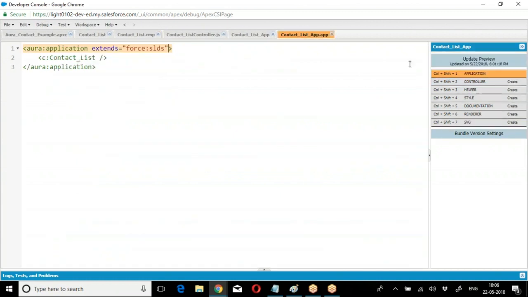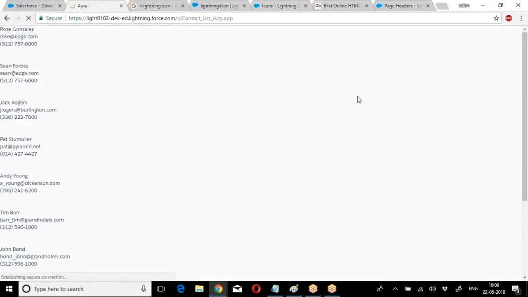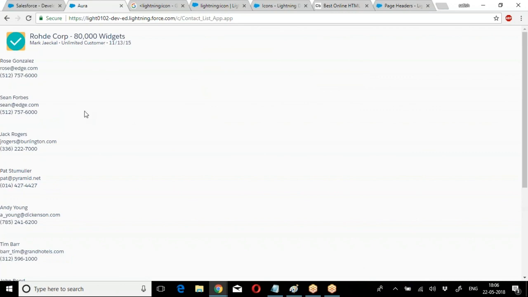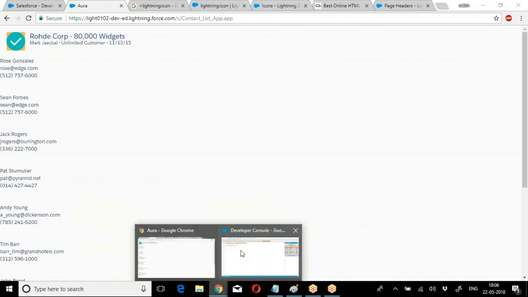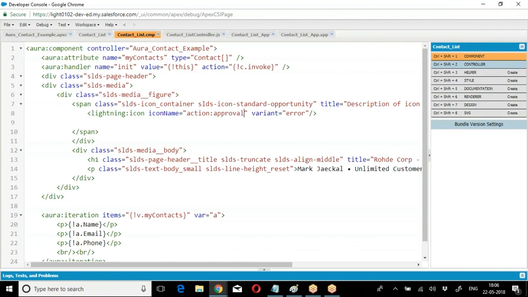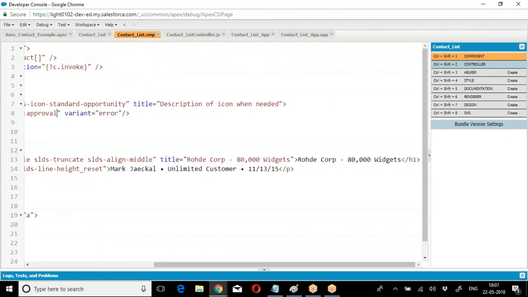Now go to the application, have a preview. We kept that approval icon, so we got the approval icon. Now we got some message here, right? Okay, where is this message? It's a hard coded value. When you copy the template, whatever the old message is there, the same message we are getting, right? So what I'm doing here,